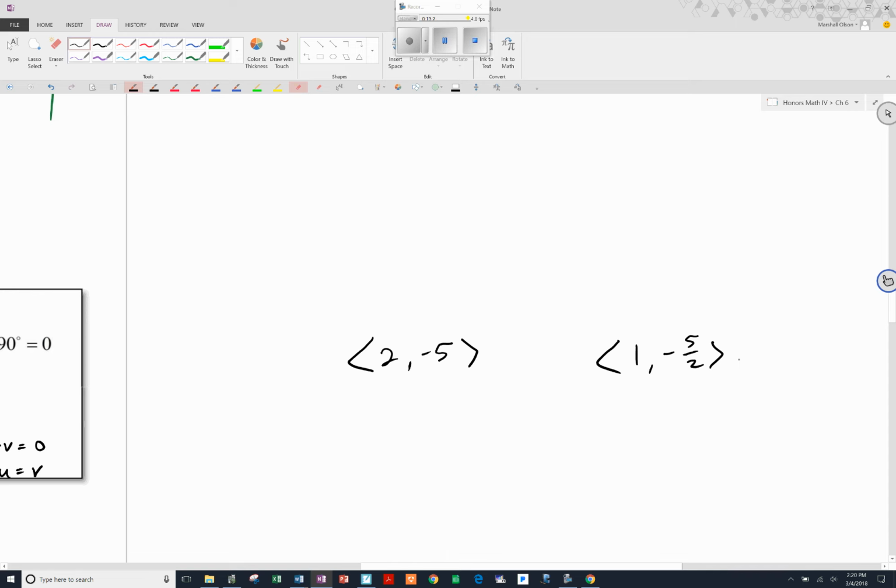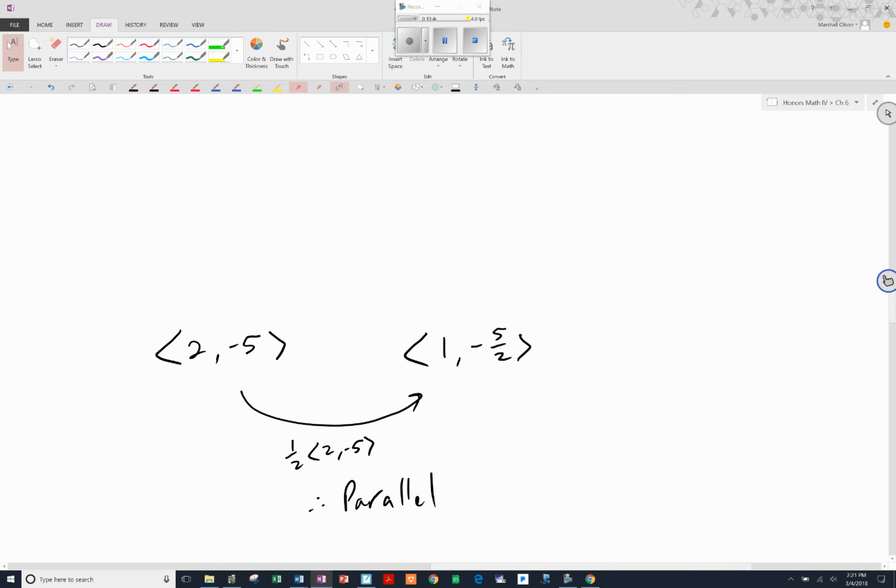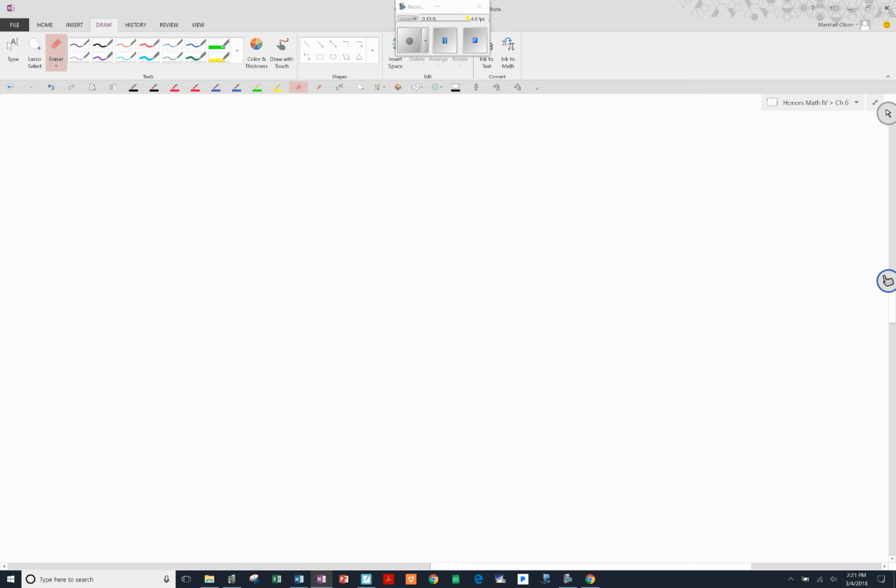Those are two parallel vectors, because I know that I can get from this one to this one simply by multiplying it by a scalar of 1/2. Therefore, these are parallel vectors. All right. Another parallel vector with those, I can multiply this guy by anything and keep getting parallel vectors. 4, -10, that's a parallel vector. All right. So that is the definition of two parallel vectors, is that one is a scalar multiple of the